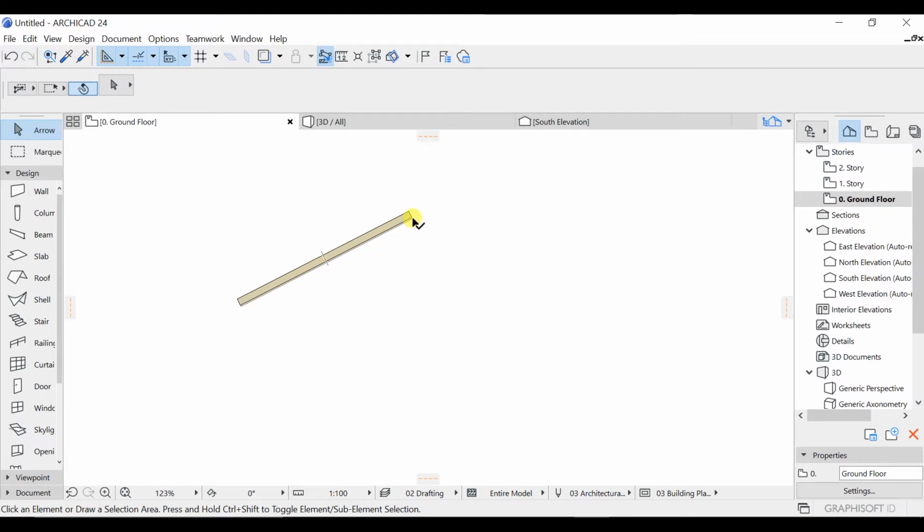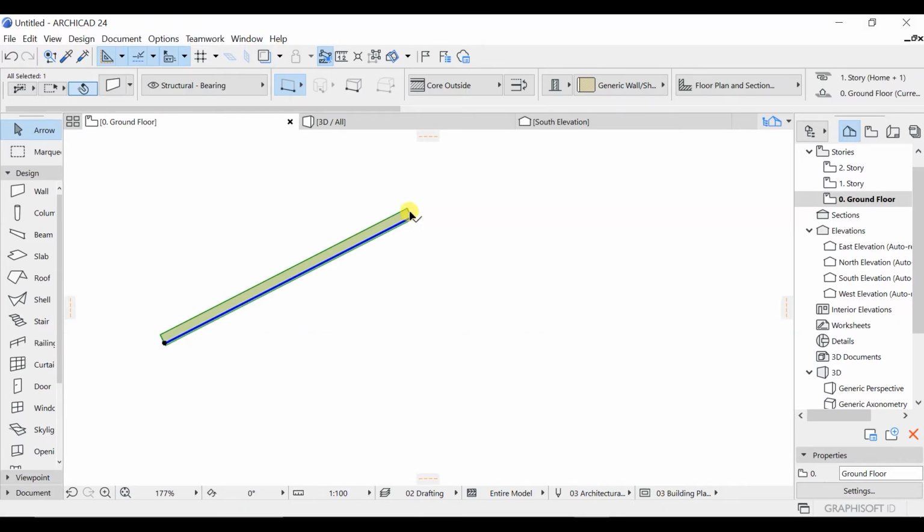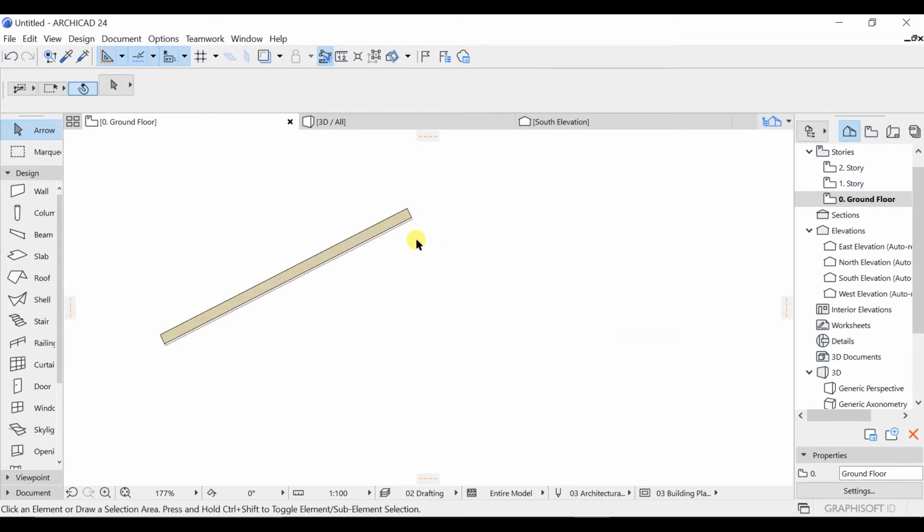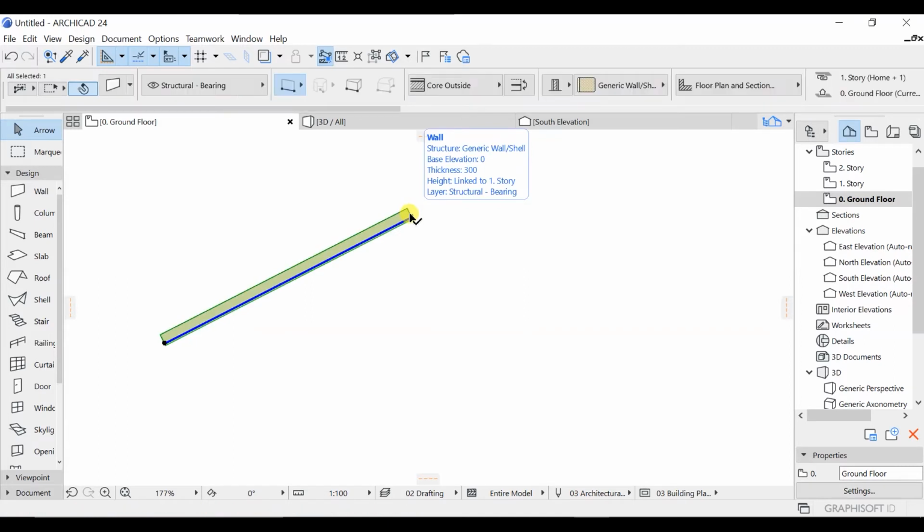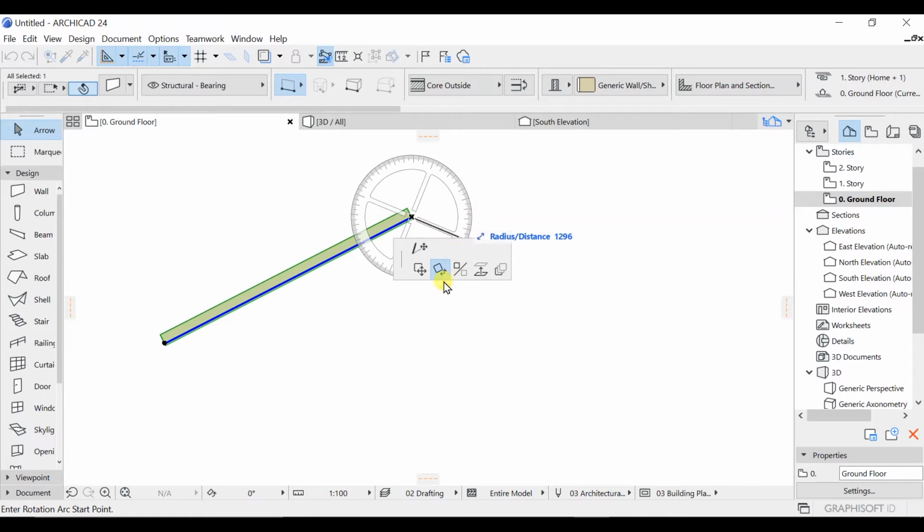So what I'm going to do next is I will take my mouse cursor and click on this region. And as you can see here, as I have clicked here, I'm getting these options. You can see that I can just move this wall some region here. So let me press escape and let me show you how I got this. You just simply need to click here and you are going to get the tick mark. And again you have to click here, and you will get this option. Or if you are in a hurry, you can just double click to get these options.